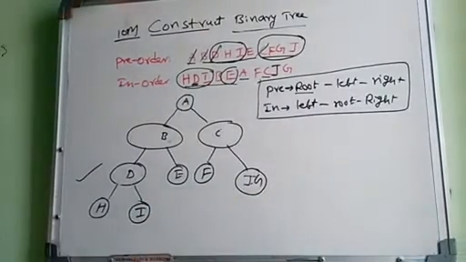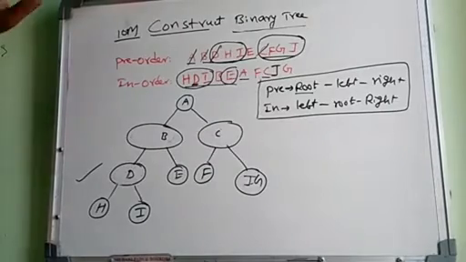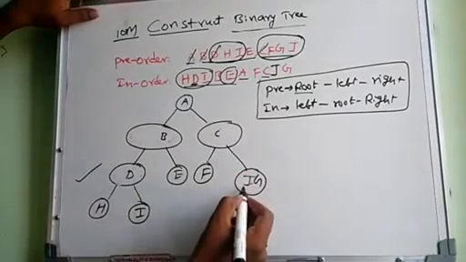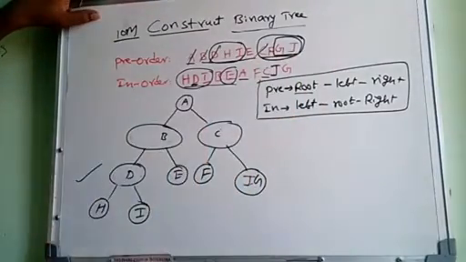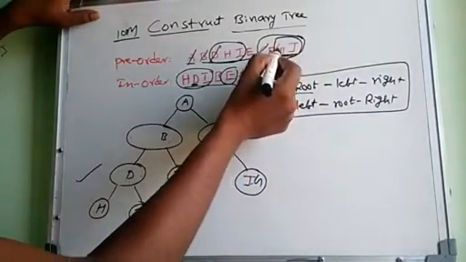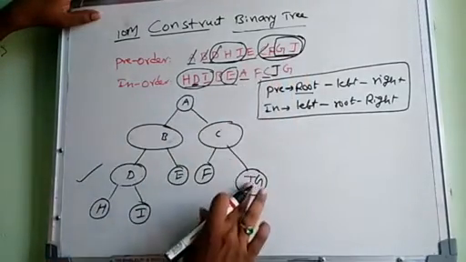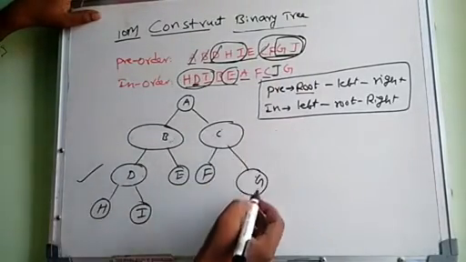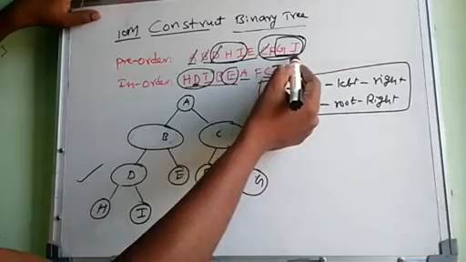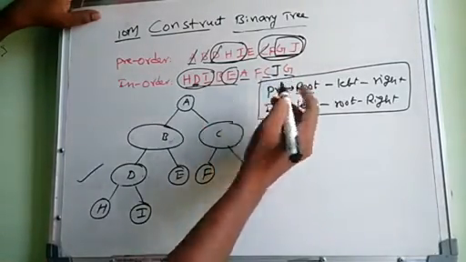Again, this is having 2 nodes. Among these 2, which one acts as the parent? Go to this combination, J, G. In this combination, who is the root? Which one is the leftmost among these 2, that acts as the root. So now the root is G. So what is the child? That means J will be present either left or right. So it is a G, J is present on the left.